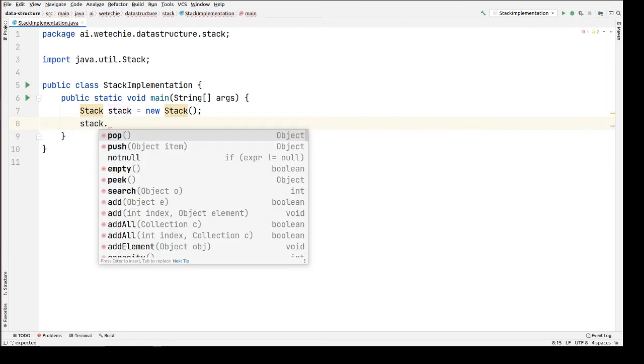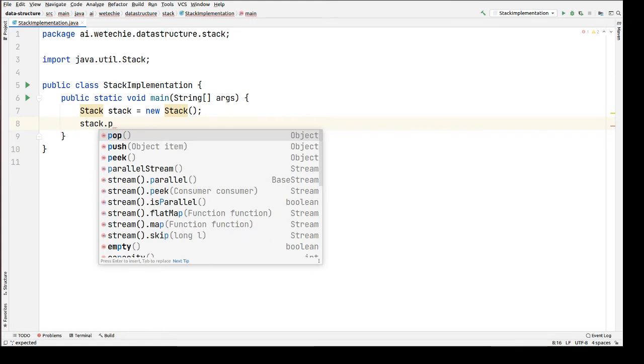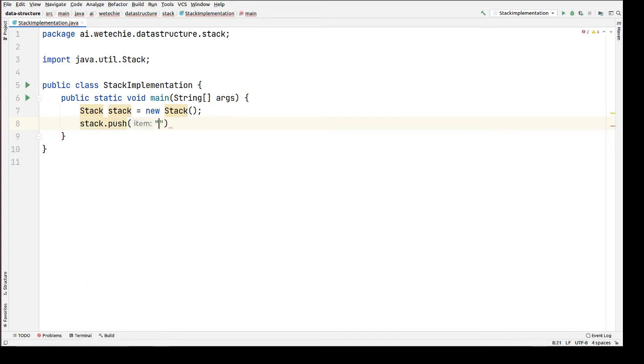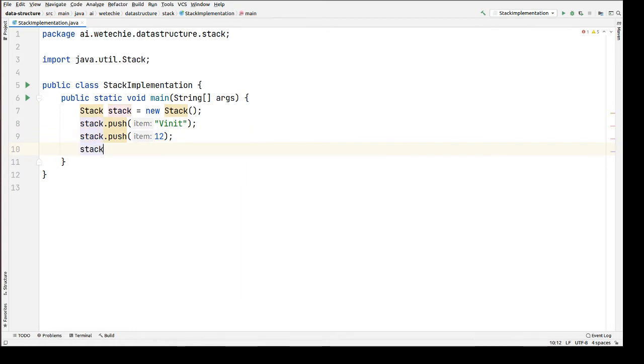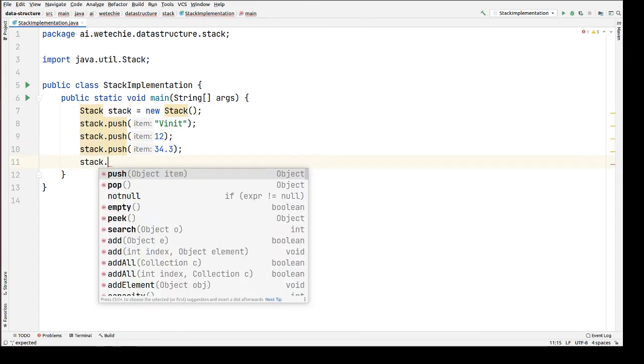So we have the push operation. This push operation is expecting an element of object type. So you can add anything, like a string, or you can add stack.push, any integer, any float, stack.push, any decimal number, and you can add any boolean also.